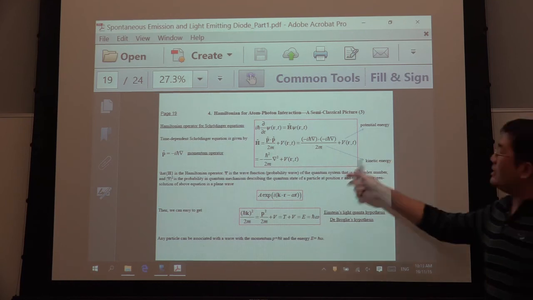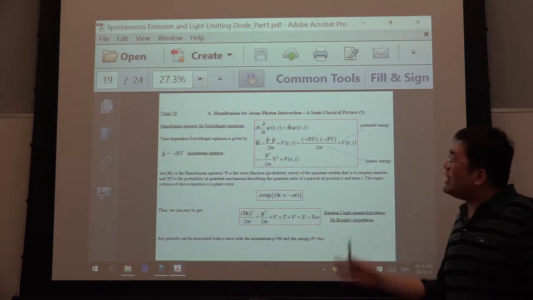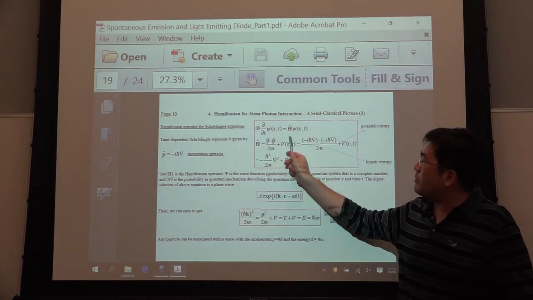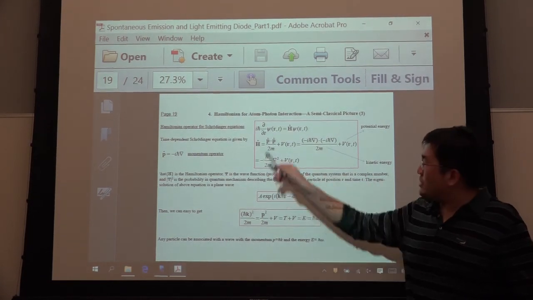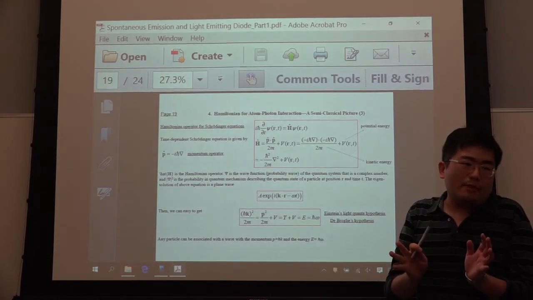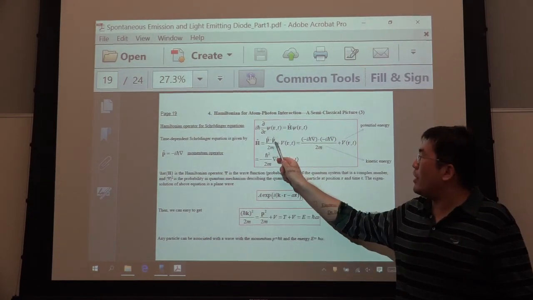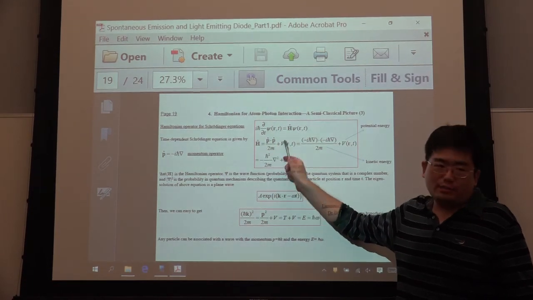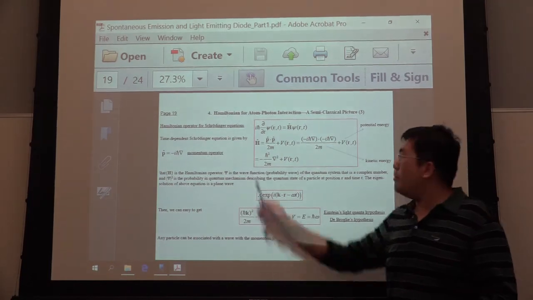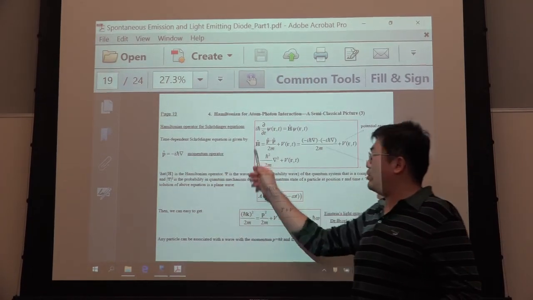So you can say this is the Schrodinger equation. The Schrodinger equation is nothing but a Hamiltonian. You can say this is kinetic energy, this is potential energy. Everything just changes the P. P is originally classical, equal to mv, right? P squared over 2m is the kinetic energy, and this is the potential energy. So they change P to an operator. This is quantization. P goes to here. This is just the Schrodinger equation.